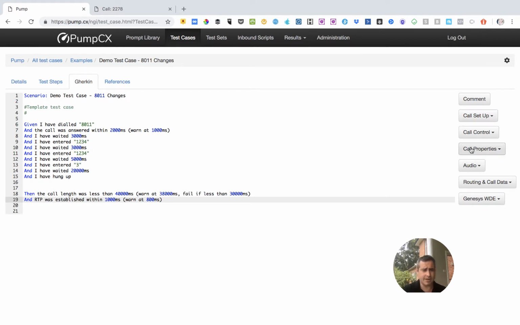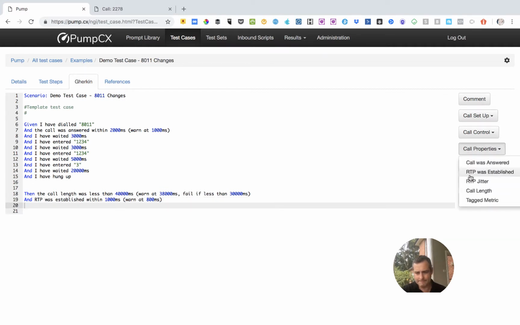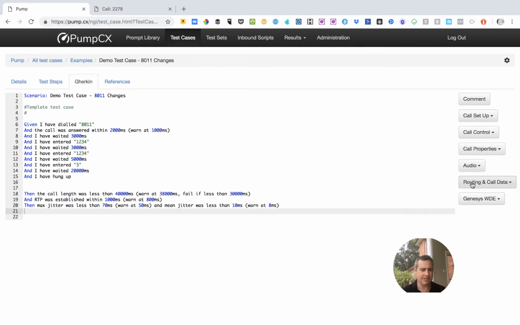We've got some best practices guides around what appropriate values for these settings are, which we can talk through another time. We also can look at what the RTP jitter was like within this call. And that's one of the key things you can get using Pump versus other testing environments, because we're actually on the network, providing the calls, keeping complete network traces of every packet that flew back and forth, we can actually investigate what the RTP jitter and dropped packets and whatnot look like,